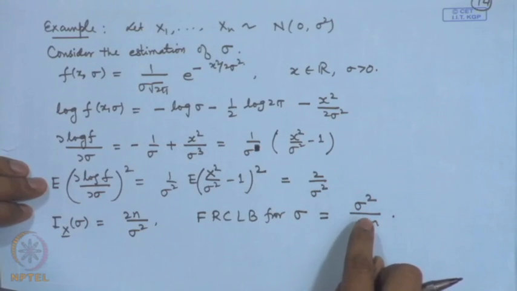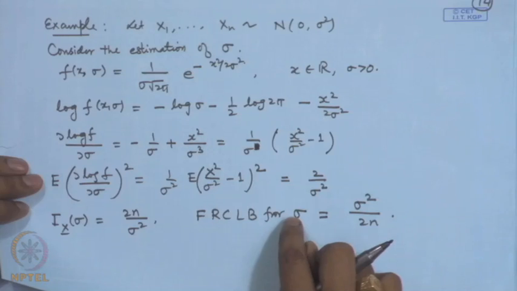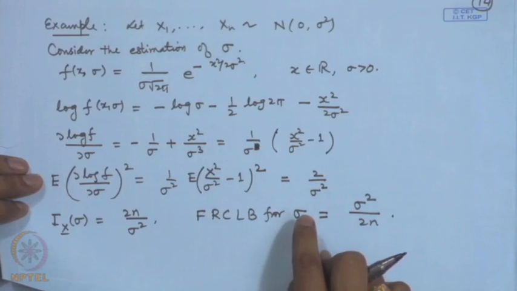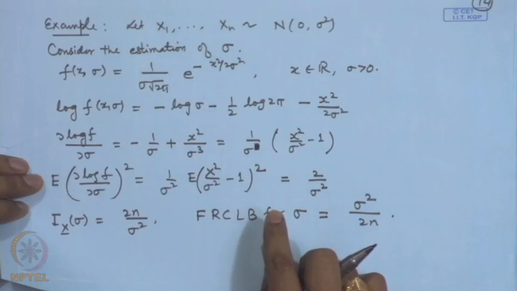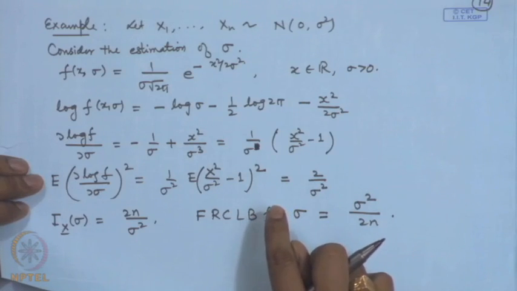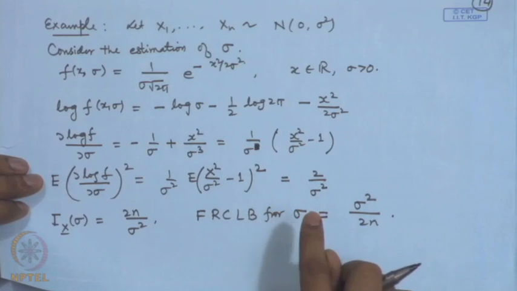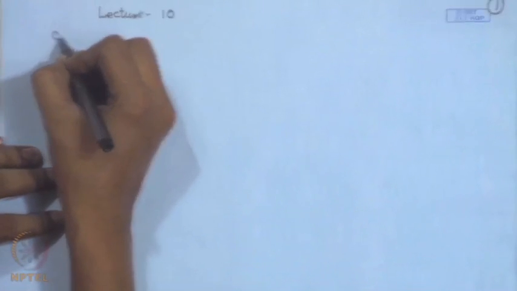Now, I will propose two estimators for the estimation of sigma, and we will consider their variances, and then we will see whether the CRLB for them is attained or not. In fact, we have seen that for sigma square it is attained. Now, sigma is not a linear function of sigma square, therefore, this bound will not be attained. However, we will consider two examples. So, let me take the first example. Consider